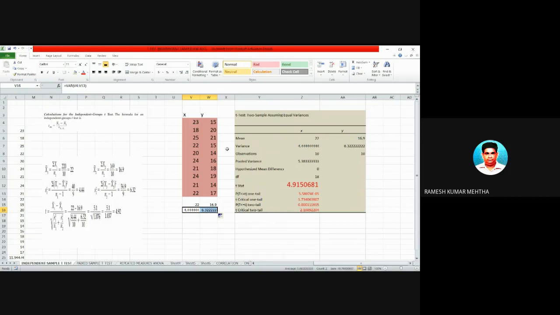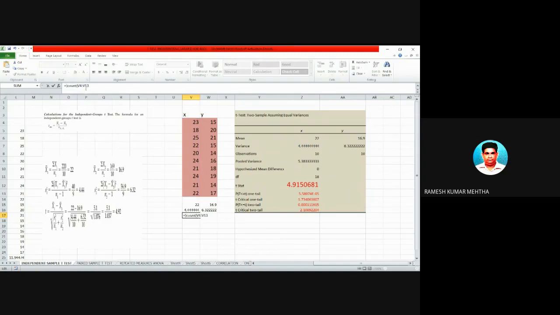Next, I want to find out the number of observations. How many observations are there in each data set? There is a command called count.